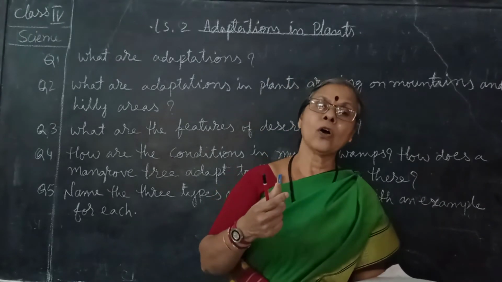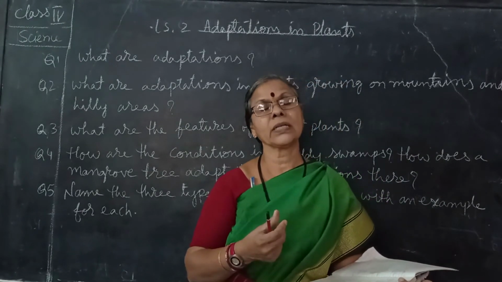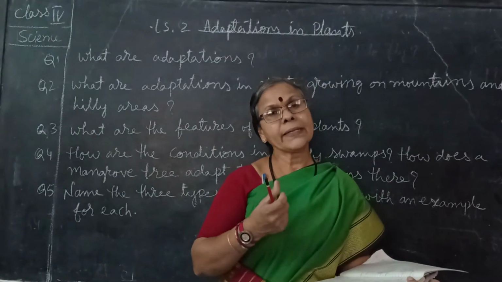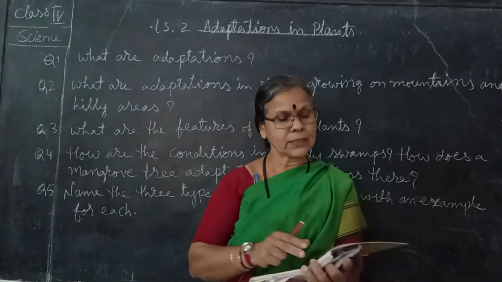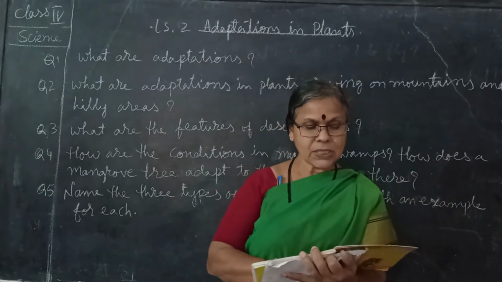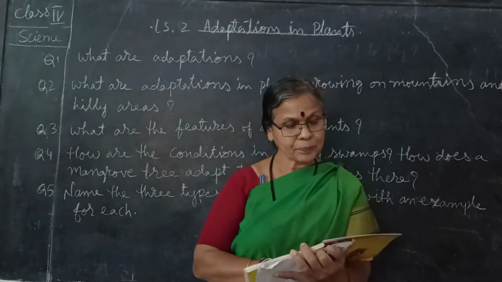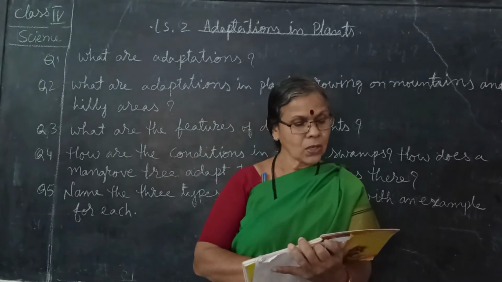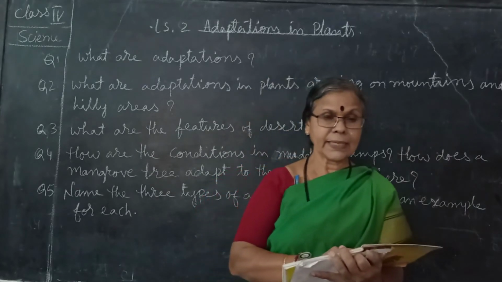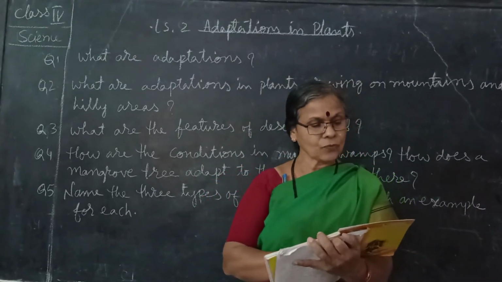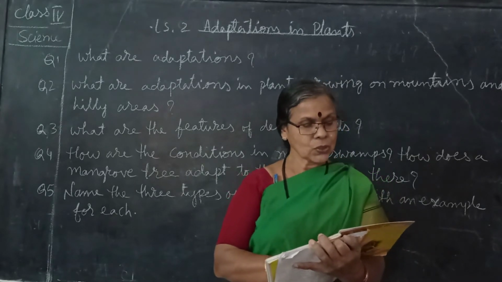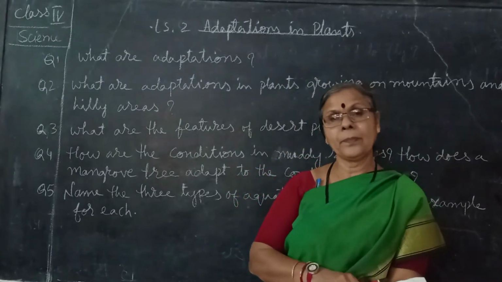Whatever the amount of water, even a little amount of water it will absorb, and to get that it will be going deep inside the ground. Then all these features help the plant store the little water it gets. The stem of the desert plant contains chlorophyll, so it makes food for the plant.